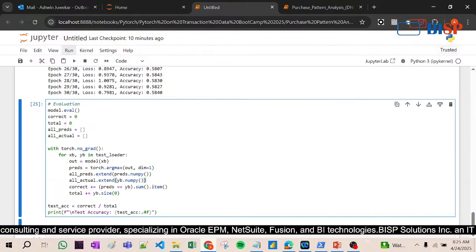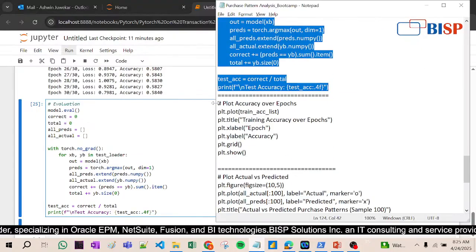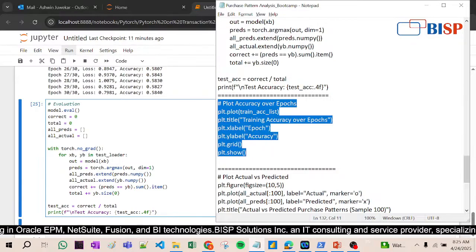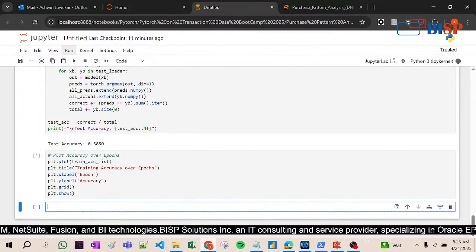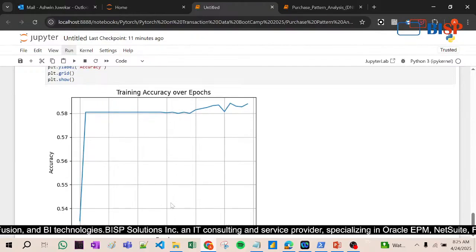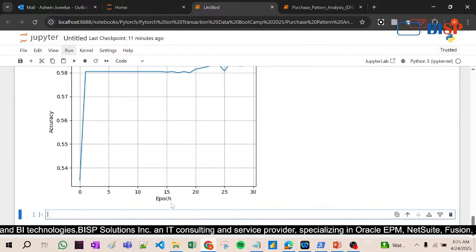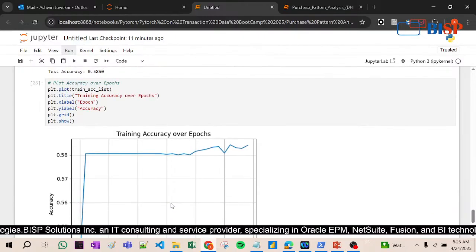The accuracy is near about 58%, not that good, but yeah, 58%, more than 60, 70% is required. If you go down here, now see it is showing the accuracy is increased in every epoch.